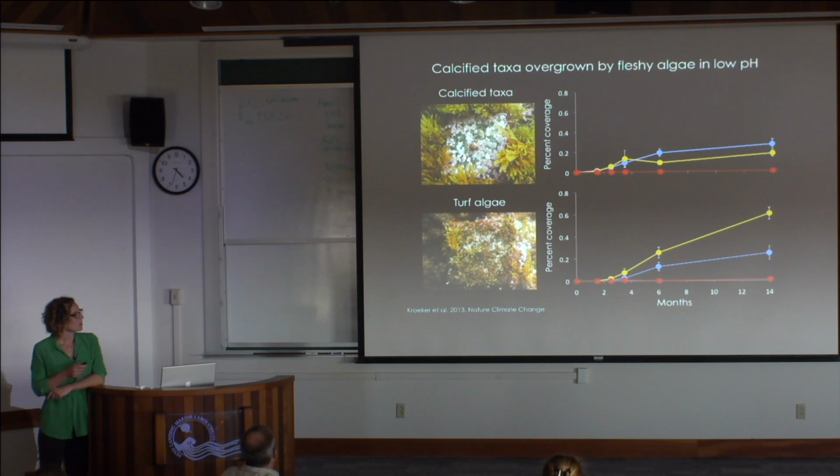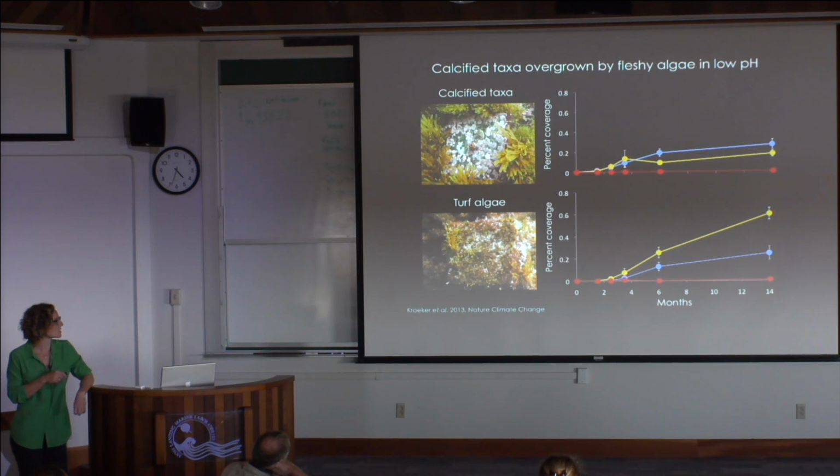So we can get a little bit more insight by comparing it to some of these other functional groups. Now I'm showing you the same graph as before. I've got calcified taxa up here. I've now just expanded this out a little bit more so you can compare it to the turf algae, which is fleshy turf algae, below. And what you can see is that when the ambient and low pH communities differ in their calcareous species is at the same time as this really rapid overgrowth by fleshy turf